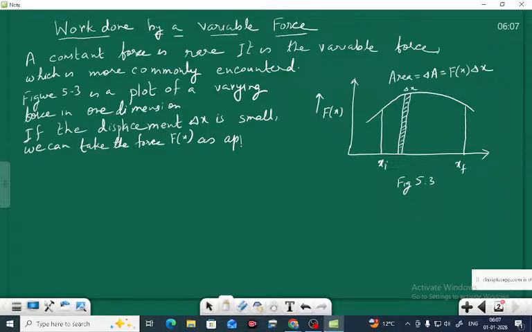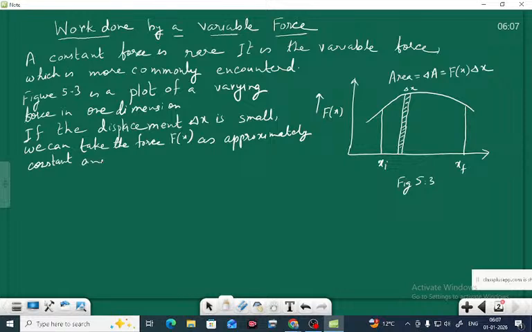If del x is small, then Fx can be taken as approximately constant, and the work done is